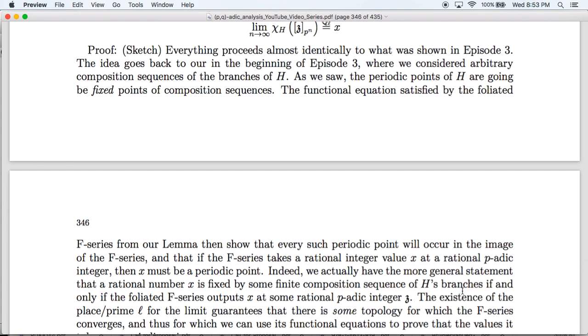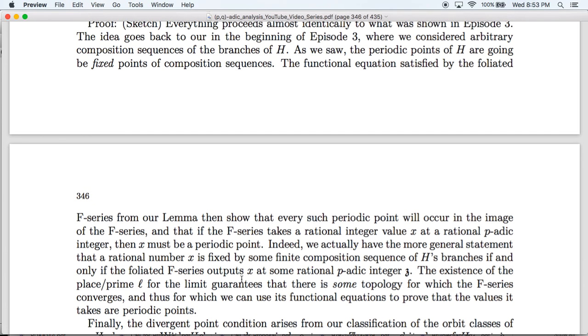Indeed, we actually have the more general statement that a rational number x is fixed by some composition sequence of H's branches if and only if the foliated F series outputs x at some rational p-adic integer Z. That is to say, the rational values that our F series attains are precisely those rational numbers which are the fixed points of some composition sequence of branches. The existence of the place/prime L for which the limit exists guarantees that there's some topology for which the F series converges, and for which we can use its functional equations to prove that the values it takes